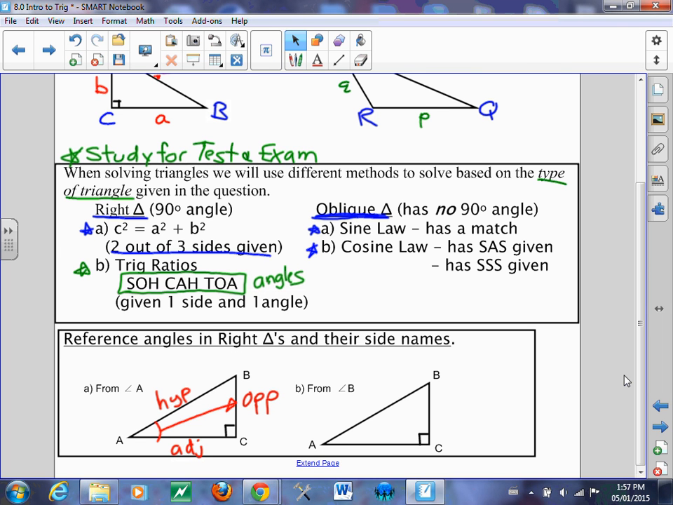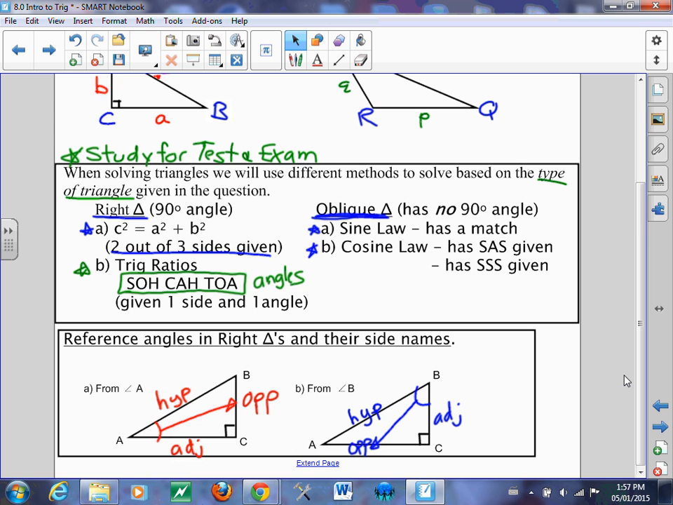Now, keep the same triangle, folks, and now I'm going to use the viewpoint, put my eye on angle B. From angle B, if I shoot across, ladies and gentlemen, my opposite side is now down here. And my adjacent side is beside me, connecting to the 90, and hypotenuse will always be the longest side that's